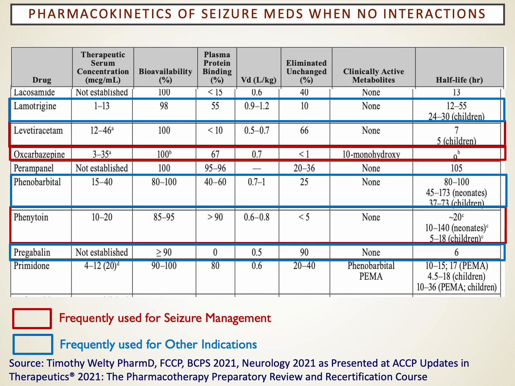Lamotrigine, an agent you'll see more used in my mind in mental health, but you will see it used also in seizure control as well. And lamotrigine is an agent we worry about some of the drug interactions we alluded to, particularly with valproic acid and the risk for Stevens-Johnson syndrome. So that's going to be a concern for us there. And we don't routinely, to my knowledge, get serum levels, although some labs may do them. But if they're send-outs, meaning the lab doesn't do them on site, then it delays the ability to get the response in a timely way for you to get that level in a meaningful way.